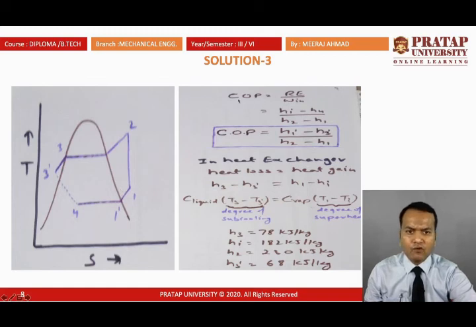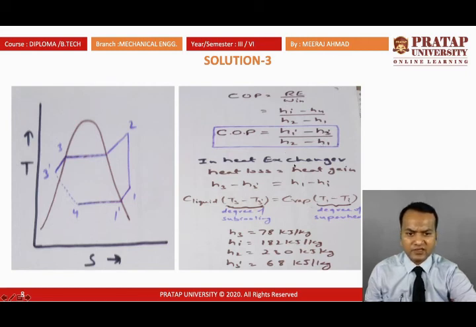So this heat should be exchanged here. The COP formula of this is refrigerating effect divided by work input. This is RE, refrigerating effect, H1 dash minus H4, divided by H2 minus H1. The H4 is written as H3 dash because this is an isenthalpic process. So COP equals H1 dash minus H3 dash divided by H2 minus H1.